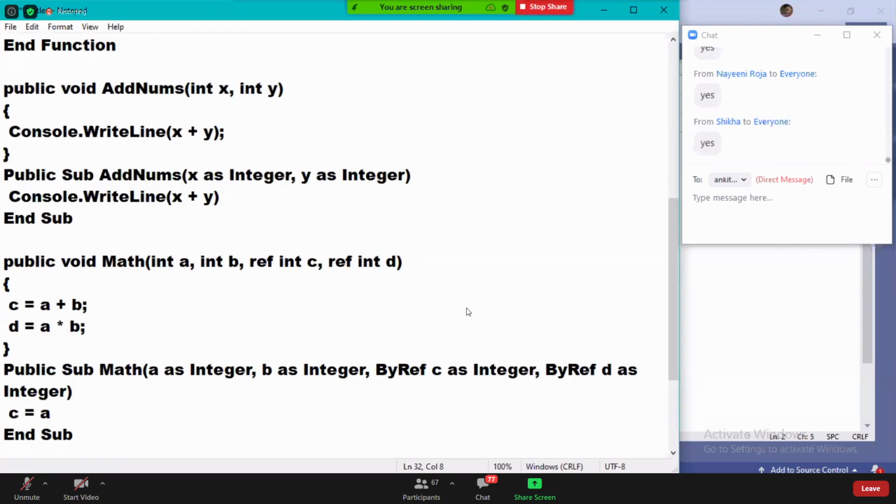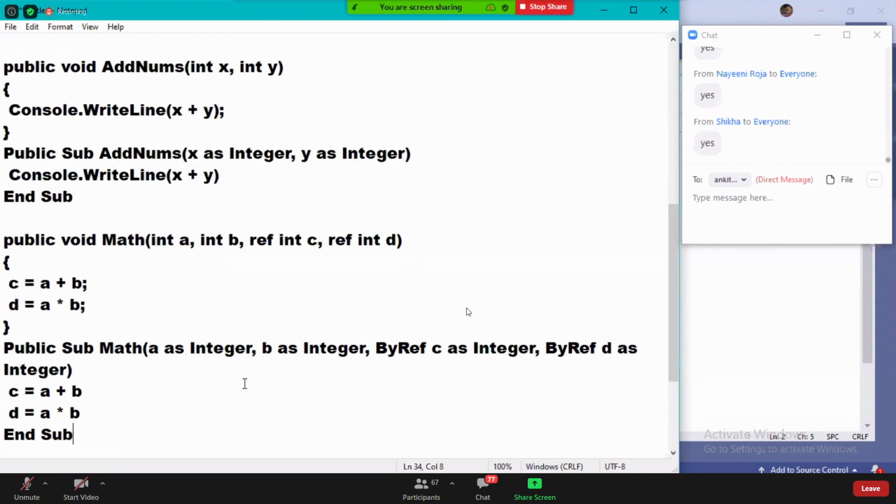C is equal to A plus B and D is equal to A into B. Guys, observe it.